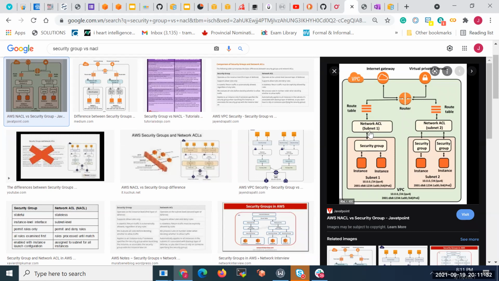Normally, you don't start to use the network access control list. You don't mess with it because there's a chance that you will screw up your application. So you don't do anything until a specific scenario or situation where you need to block something. Then you start to use the network access control list.